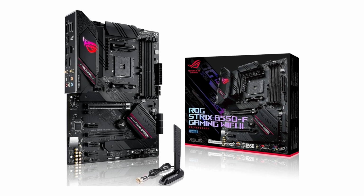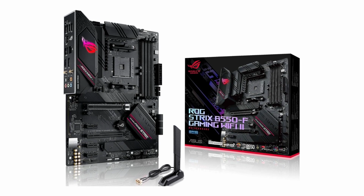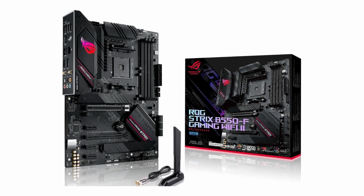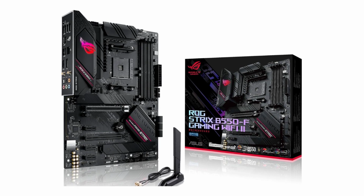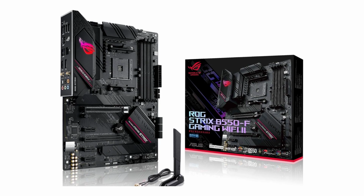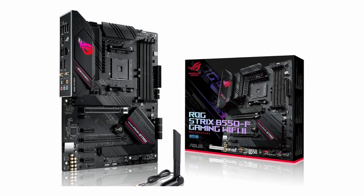The onboard Wi-Fi 6E and Intel 2.5 GB Ethernet ensure smooth networking, perfect for online gaming and streaming. Its design is sleek and modern, featuring addressable Gen 2 RGB headers and Aura Sync support for customizing your setup's lighting. The robust 12+2 power stage design with ProCool connectors ensures consistent power delivery for your AMD Ryzen 3000 or